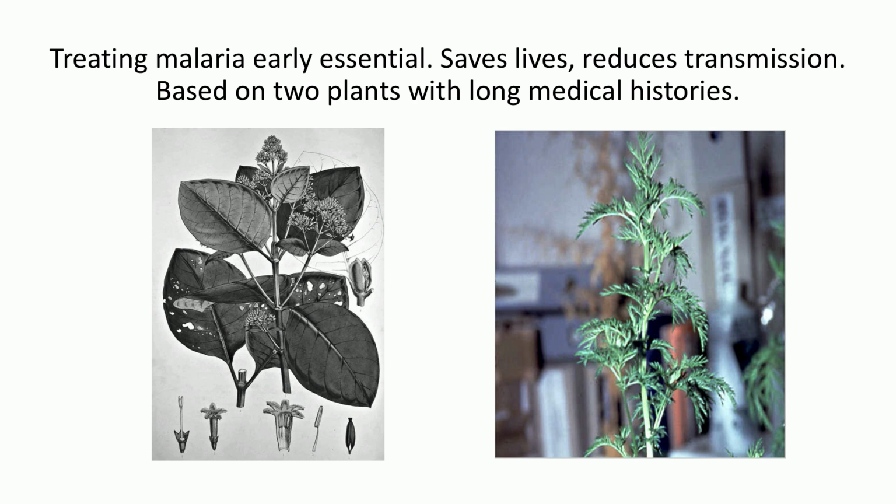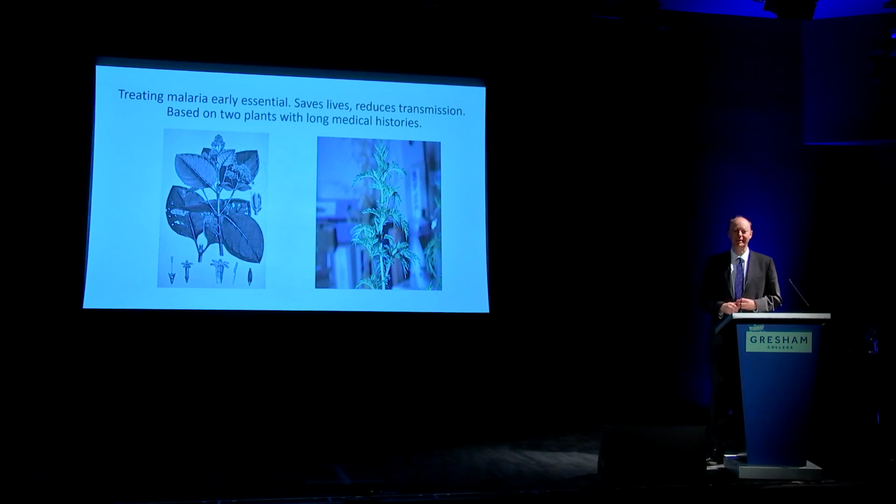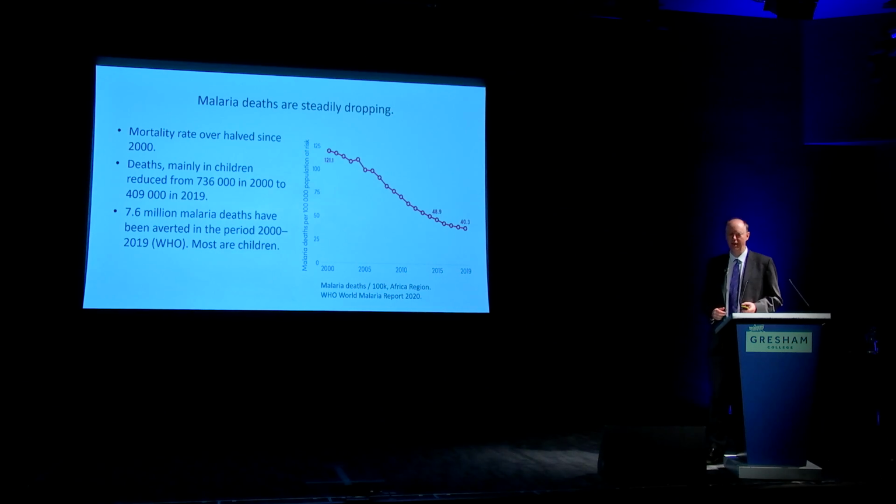On the left, quinine, which originally came from Latin America, traditional medicine. And on the right, Artemisia annua, sweet wormwood, been used in traditional medical practice in the UK for hundreds of years, but this understanding of it came from China. This is from Chinese traditional medicine, been around for at least 1,000 years. So the cutting edge of malaria treatment remains two old drugs based on plants, been around for centuries. Very effective drugs. And the combination of effective treatment and effective anti-malarial activity via bed nets, insecticide-treated bed nets, has